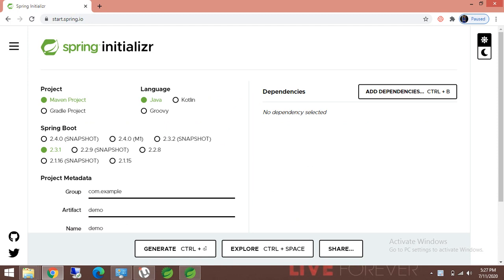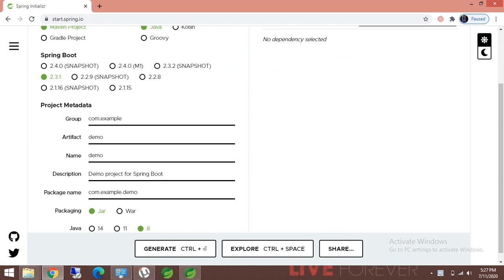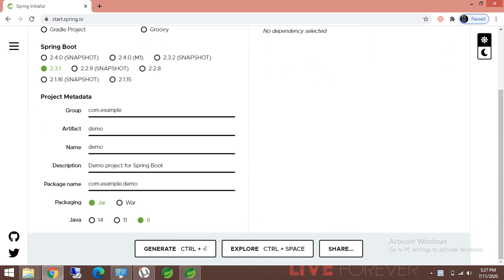Step 2. You need to generate the project by choosing the type of project, the language, and the metadata information of the project. You can modify this information as per your requirement. I just want to package it to JAR and my machine is running on 8, so I keep it as